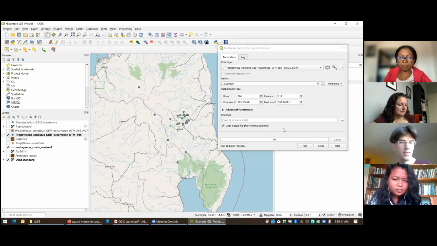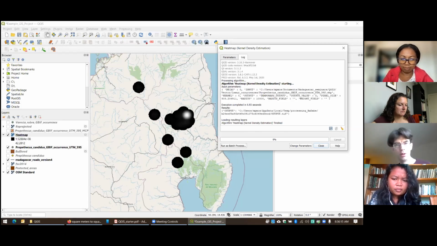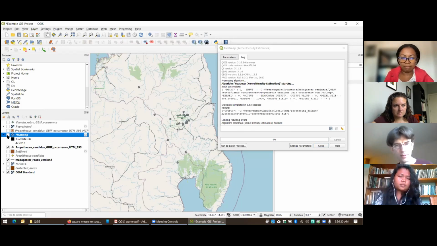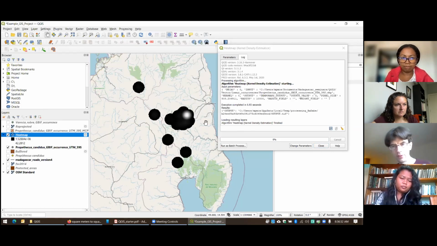So we can go ahead and take a look and see what this looks like. It may not be what you want. Okay, it's not terrible. So we've basically created a heat map, and you can see the highest values are occurring here in the white, and that's because that's where most of your points are.